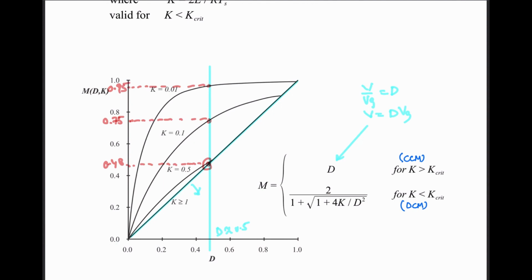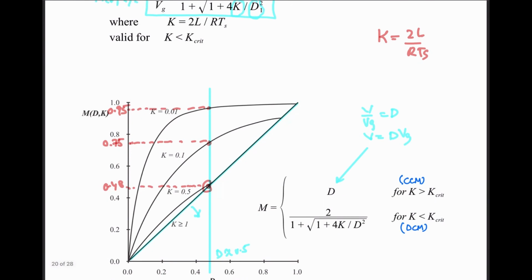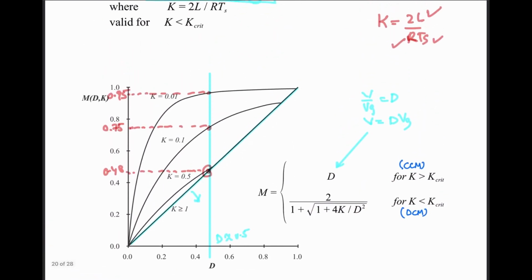So if you change the circuit constants, the gain changes, because K depends upon the circuit constants, K is equal to 2L by RTS, right? So it depends upon inductance, load resistance, and the TS. If you change the load resistance, you change the average current, this K will be changing, and when this K changes, the gain of your converter will change. So your circuit operates in a different way in the DCM mode, that is the discontinuous conduction mode, as compared to the continuous conduction mode.